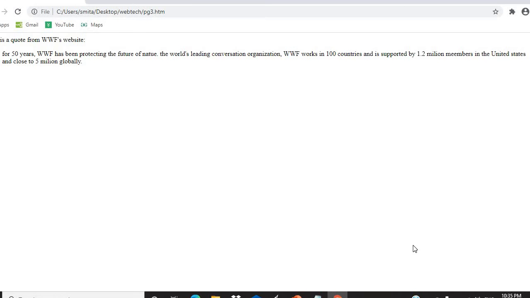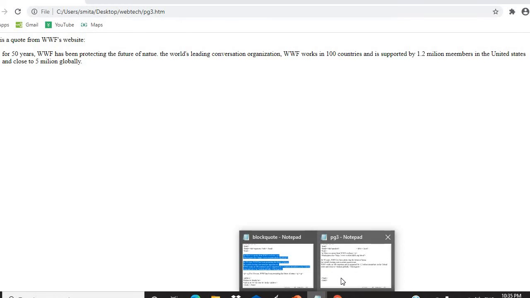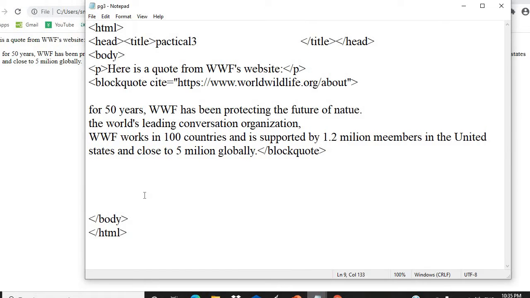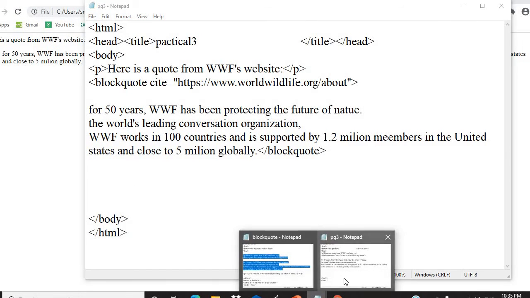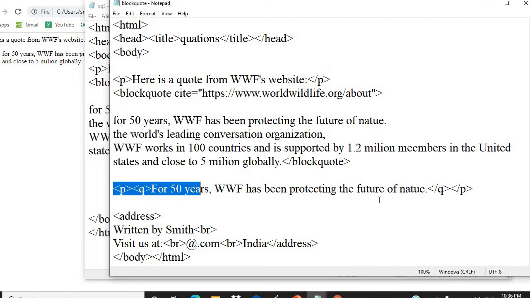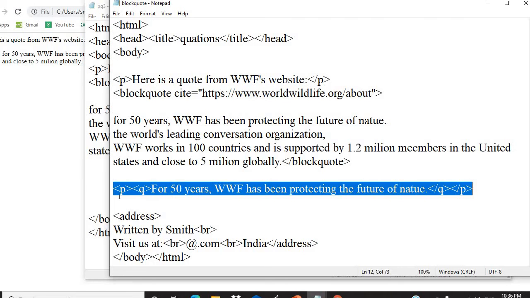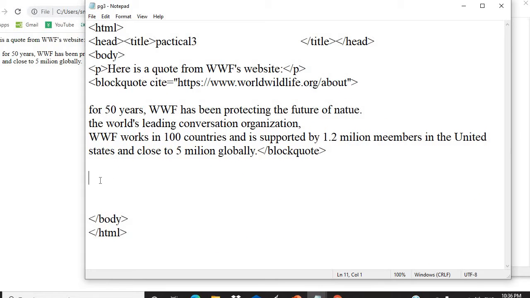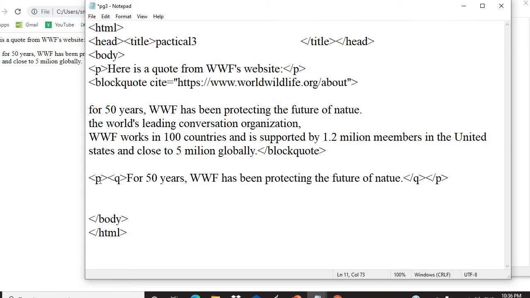Now let's start with another one. I already have certain text, so I will use that only, rather than wasting time in typing. Now over here you can see I have given the Q. Q is nothing but the short quotation. HTML Q defines a short quotation.